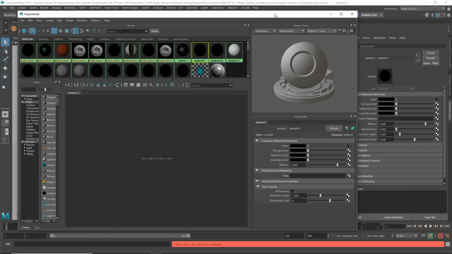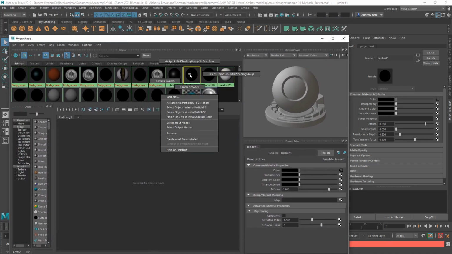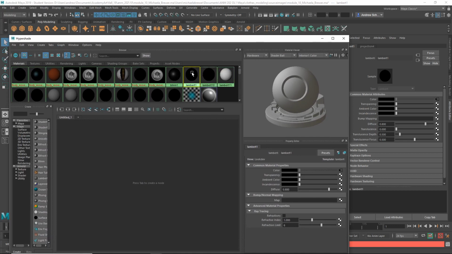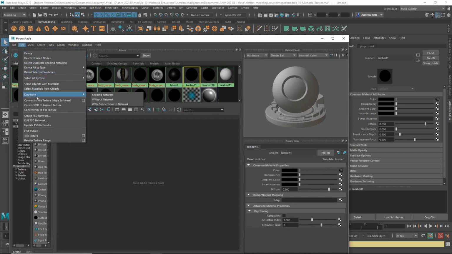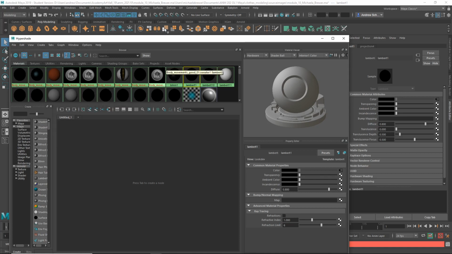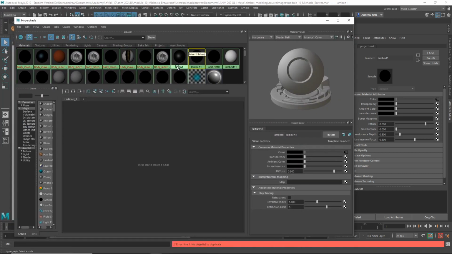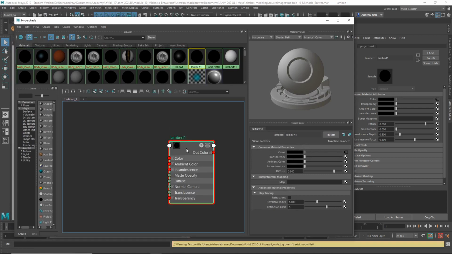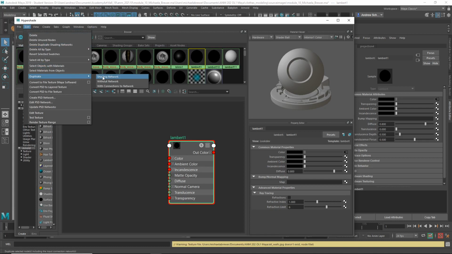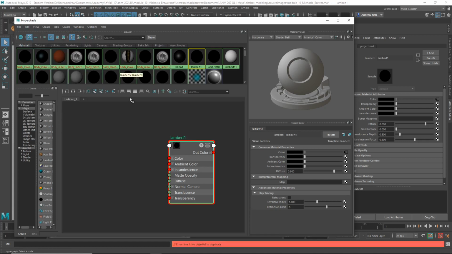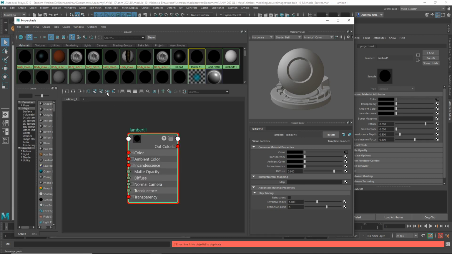Is that selected? It is selected. Edit, Duplicate, Shading Network. Why is it saying there's no object to duplicate? Let me try dragging it in here, selecting it here. Edit, Duplicate, Shading Network. What? I think maybe again because that's Lambert 1. I'm not sure. But instead what we could do is